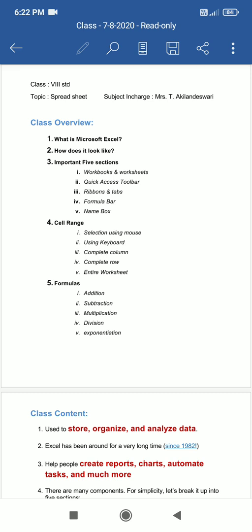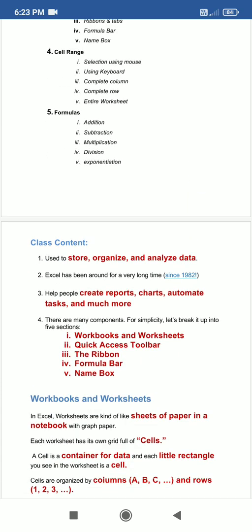In grade 7, you learnt the basics in Excel. That is, what is Excel, what is the need for a spreadsheet, and what are all the components and important tabs present in Excel. And we had how to enter data, how to edit data, how to copy and move cells, how to insert rows, delete rows. So these are all some basic things we learnt in grade 7.